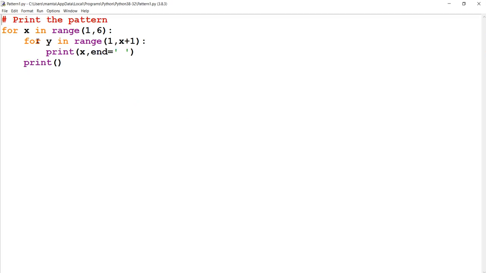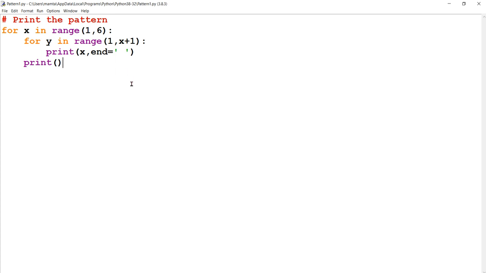Now another kind of pattern we will try to print. A little explanation. The concept is the same as we have seen in the previous one. x in range 1, 6. That means this loop will be iterating how many times? 1 to 5.